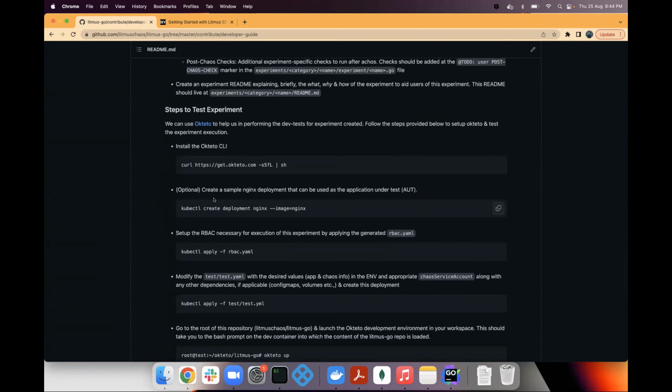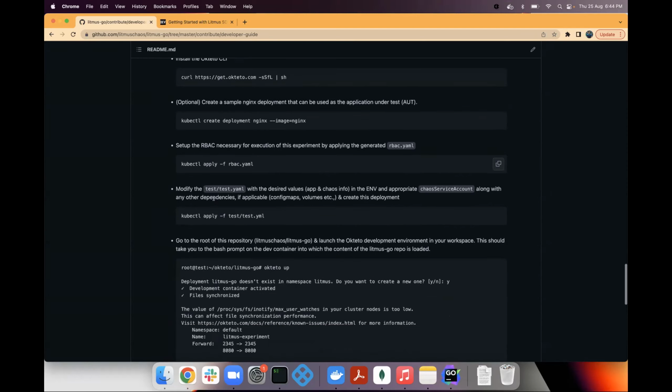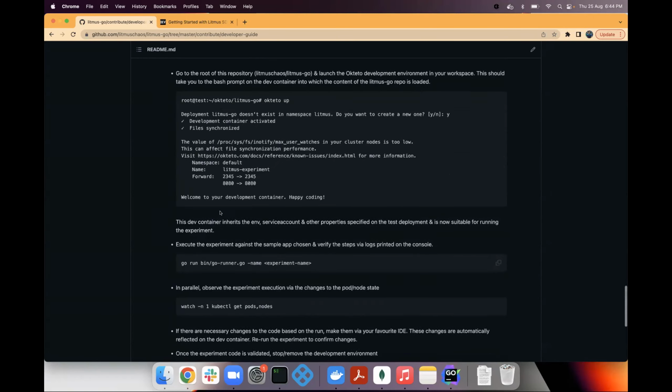For testing, you can use Okteto. Okteto will help us create that environment. You can directly apply the YAML inside it, or you can create the chaos engine and chaos experiment the way we are doing with Litmus 1.0 mode. The other way is, if you have generated the metadata and uploaded it to the Chaos Hub, then you can use the Chaos Center, Litmus 2.0, to run those experiments.